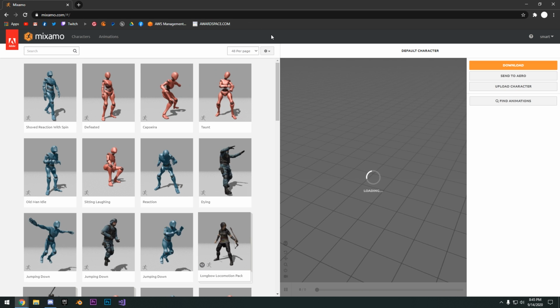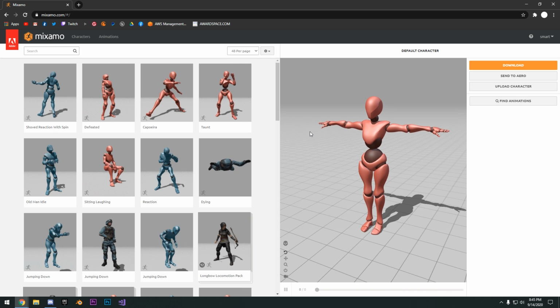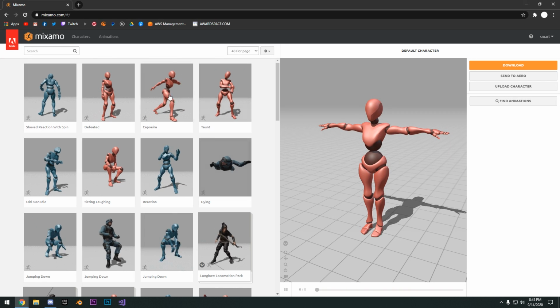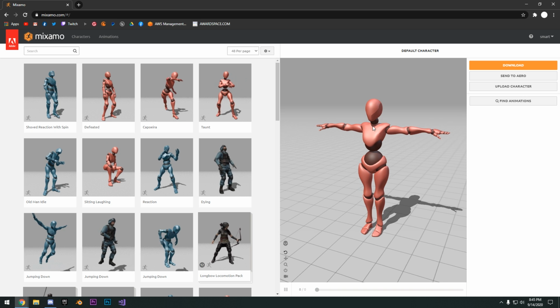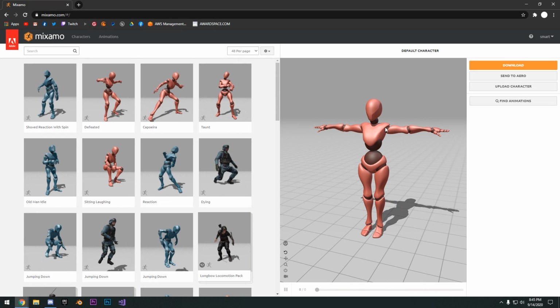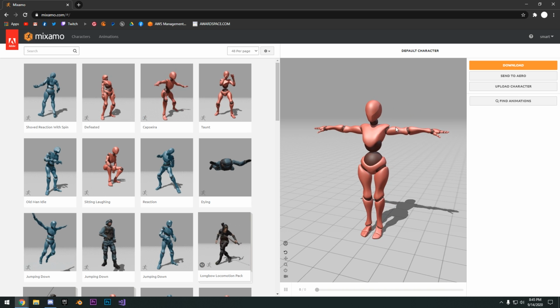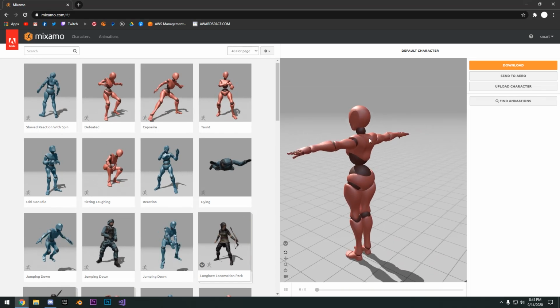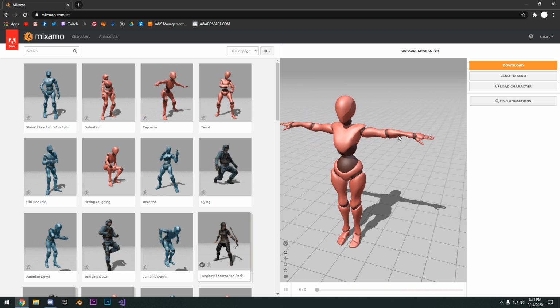Alright, so once you log in, the layout here is quite simple. What you're going to see here is the animations on the left side, and you're going to see this default character right here in this viewport. The navigation in the viewport is really simple. You just pan with the middle mouse button, left click to rotate, and that's pretty much all the controls you